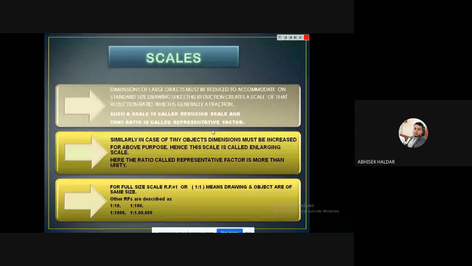Each and every scale has some maximum limit, as you know. The scale that you have at your home may be a 15 centimeter scale, for example. If I ask you to measure more than that, you cannot measure more than 15 centimeter using that scale. Like that, each and every scale has some maximum limit for measuring purpose. In your problem, you will find that maximum limit, and according to that you have to construct that type of scale. Now let me come to the actual point, the steps of how we can create or generate a scale.